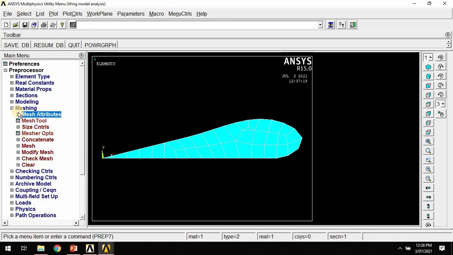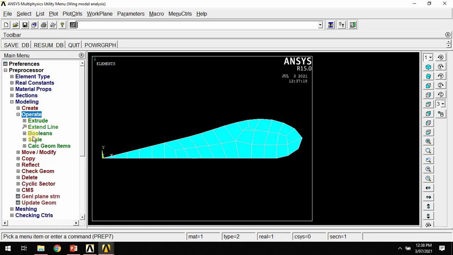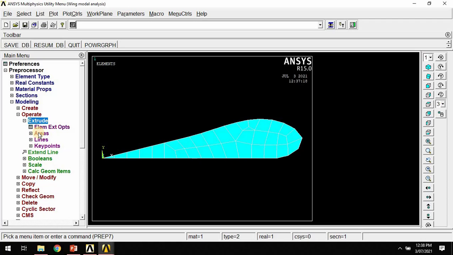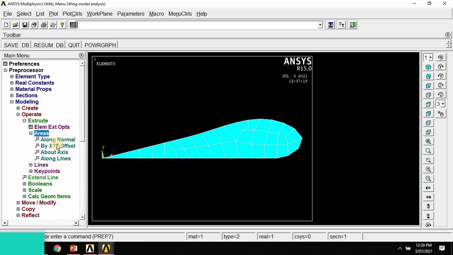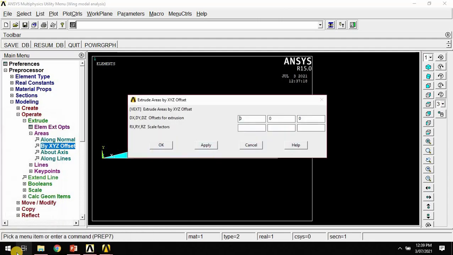Now go to modeling, then operate, then extrude, then in the extrude area by XYZ offset, in XYZ offset pick all value and put a value Z direction is a 10.